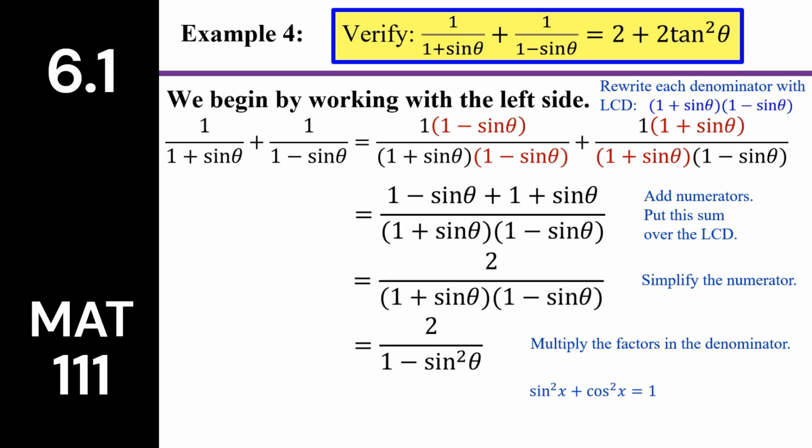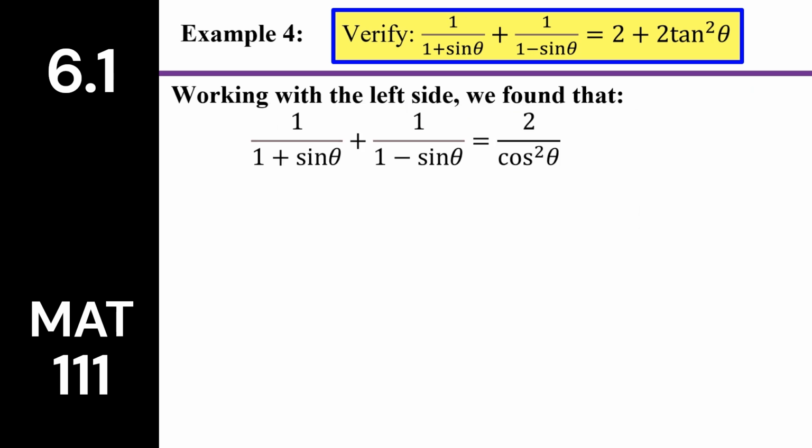Whenever we have a trig function squared added to or subtracted from 1, it's good to look at our Pythagorean identities, and sine squared plus cos squared equals 1. If we transpose the sine squared, we get 1 minus sine squared equals cosine squared, so we can make that substitution. This is what we've obtained so far working with the left-hand side. 2 over the cosine squared of theta might feel like a bit of a dead end if we're trying to obtain the right-hand side of 2 plus 2 tan squared. Because what we have so far is now more simplified than the right-hand side, it's common to leave that alone